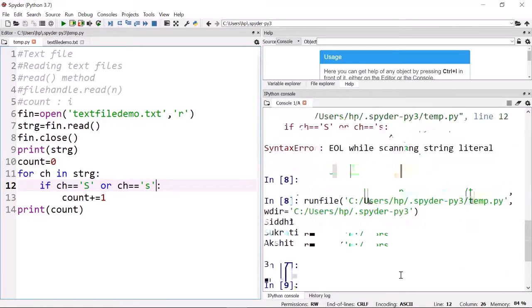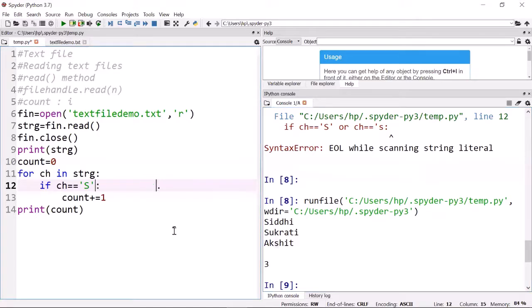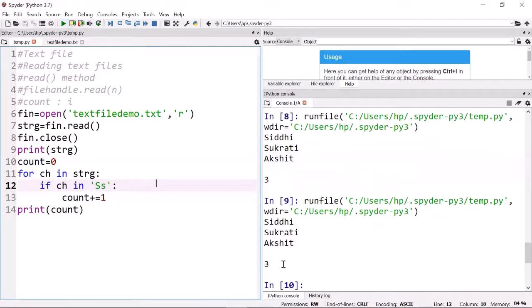Let us run this again. 3 times s: 1 in the first line, 1 in the second line, and 1 small s in the third line. This statement can also be written using in: if ch in capital S, small s. You can write it like this also, your choice.